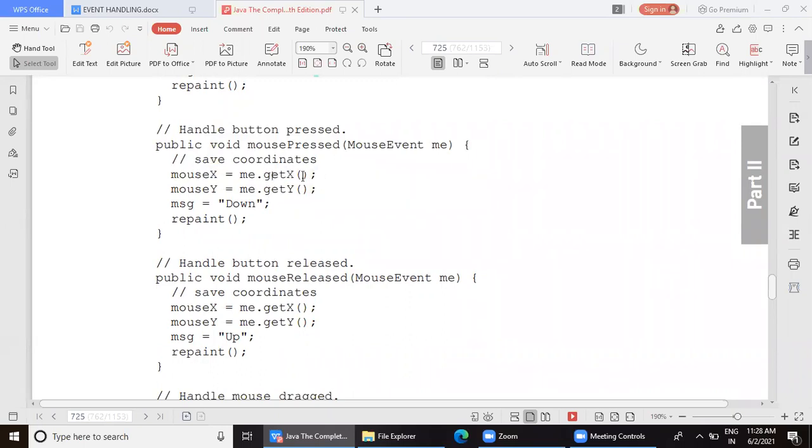These methods belong to which class? MouseEvent class. And these are non-static methods. Hence, they require an object of the MouseEvent class to call these methods. So ME is the object of this MouseEvent class. Where have we defined this ME? It is user defined. So I'm asking you where we have defined this. The getX methods are predefined, of course, but this object creation we have already done in this program.